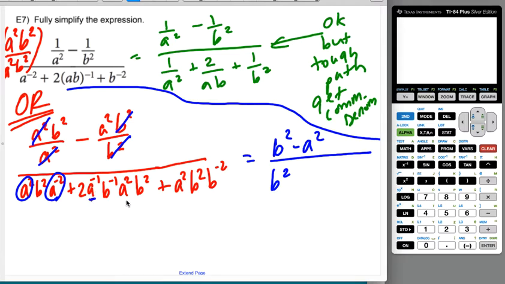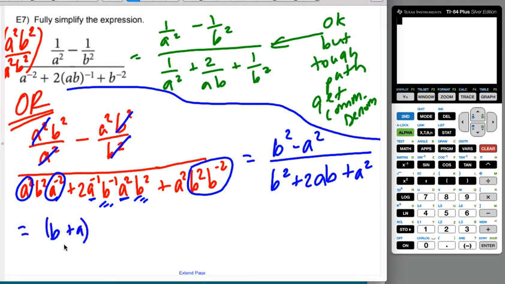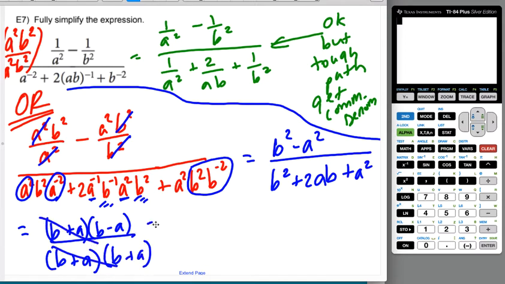The a to the negative first and a squared will just give me an a, so this will be a 2a, right? Same thing with the b's. I'm going to get a positive b to the first. And then here, these two are going to conveniently be a b to the 0, so I get a plus a squared. Well, that denominator is a perfect square trinomial, and that numerator is a difference of squares. This is b plus a times b minus a over a b plus a times another b plus a, meaning one of the b plus a's cancels, and I get a final answer of b minus a